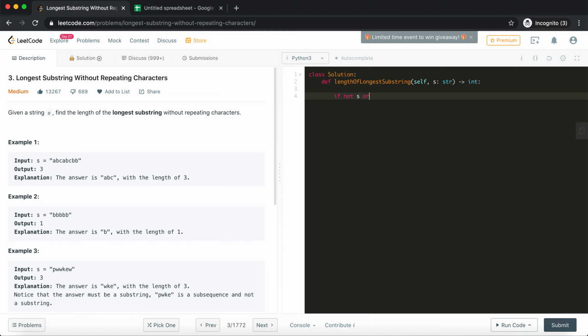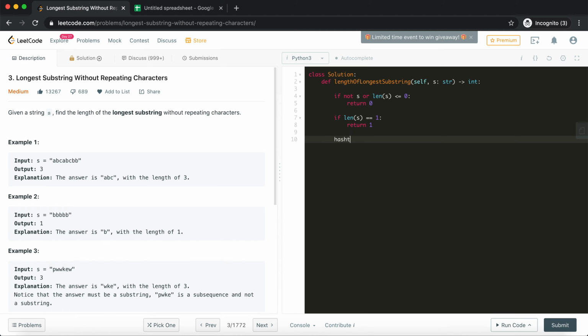If we do not have a string, or the length of the string is less than or equal to 0, in that case we really have nothing, so the length of the substring is 0. Now there's a special case. If the length of the string is 1, we cannot have any repeating character in a string of length 1, right? So we'll just return 1, because that is a non-repeating substring that we have. These are the corner cases, or base cases, so to speak. With that out of the way, now let's focus on the actual logic.